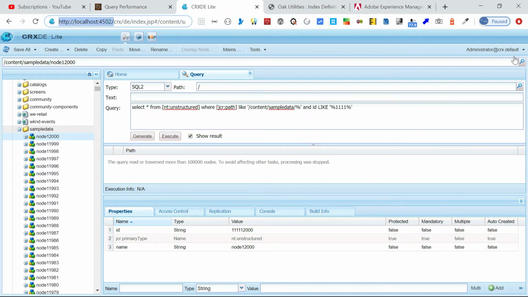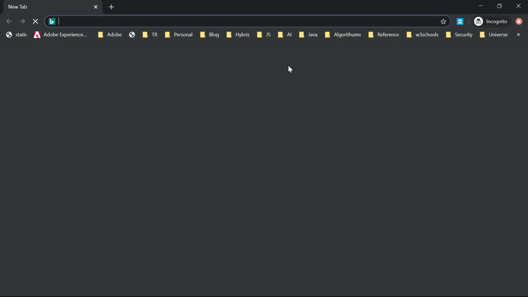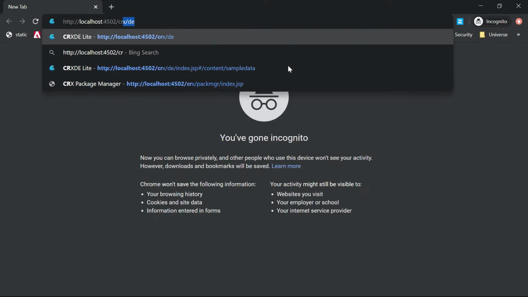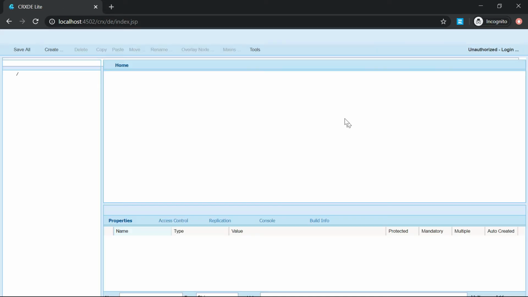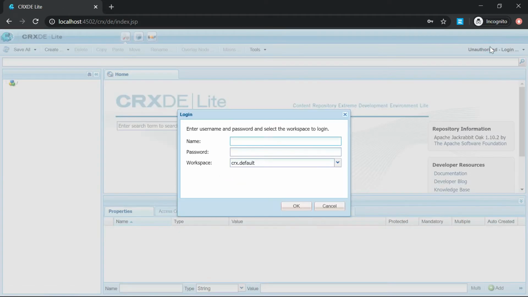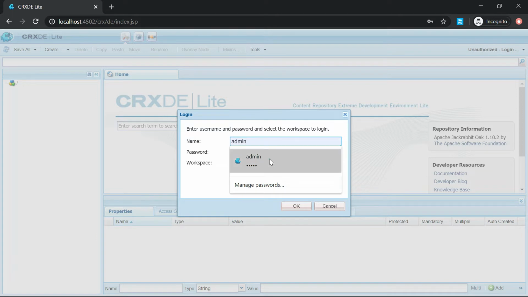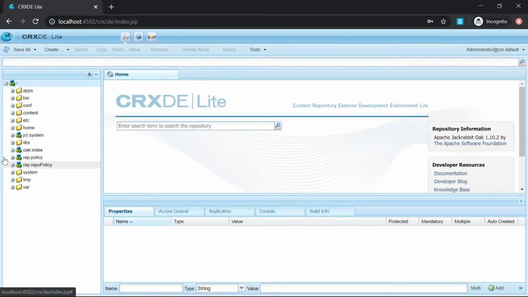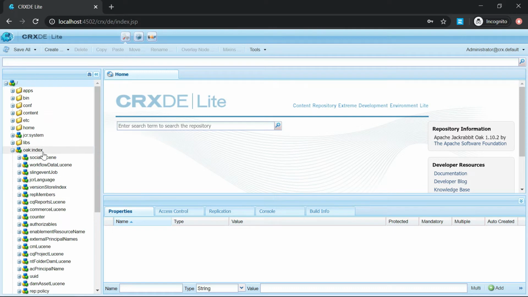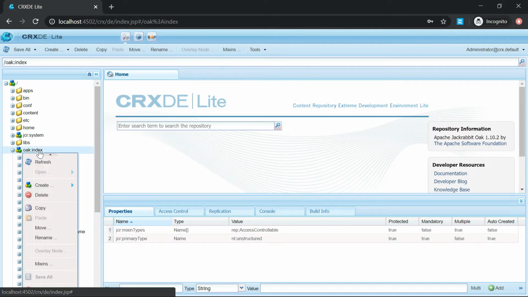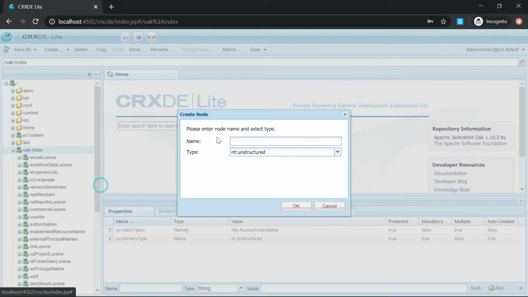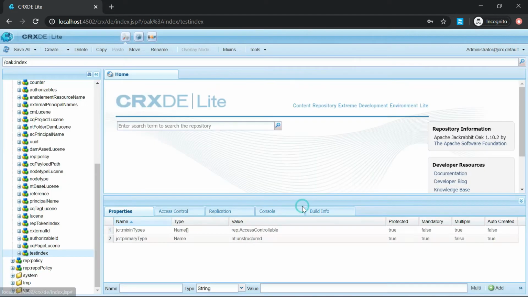Let me go into another window. Okay, go under oak:index. Now I am going to create a new node. I'm going to name it test-index, with node type oak:QueryIndexDefinition. Just click OK.